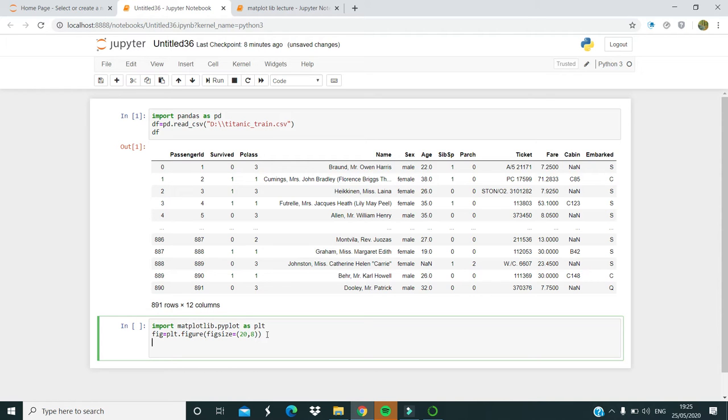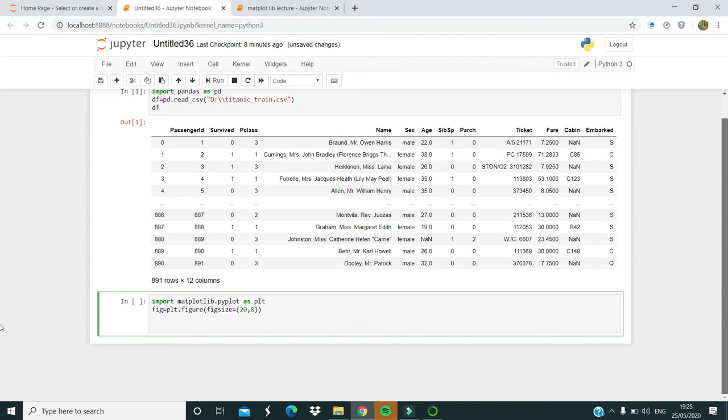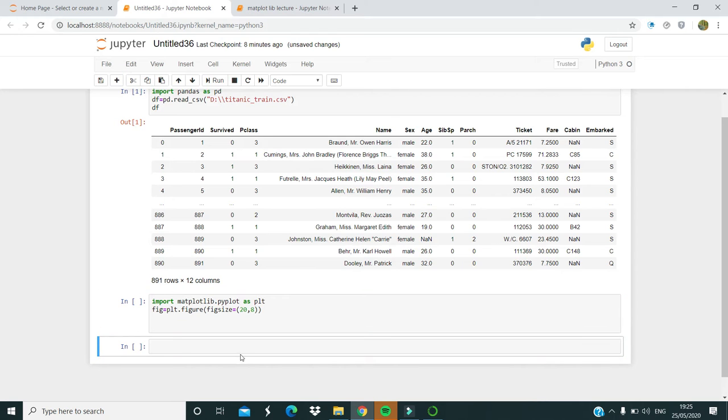Now in the next cell, I'm taking another cell. Here in this cell I will plot how many people have survived or how many people have died. So first of all I have to access the Survived column. Without accessing the Survived column, how can I get access to the data of the Survived column?